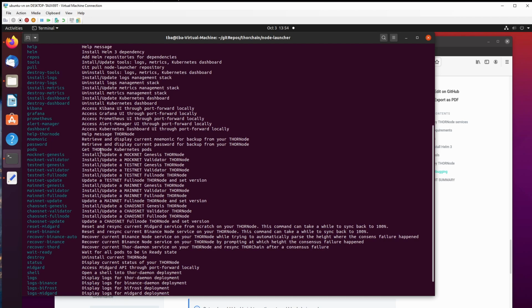The ones I want to concentrate on as I move down this list: obviously we've got destroy tools, which would undeploy the tools, which is really something you don't want to do. We'll start to destroy your node. I want to have a look at